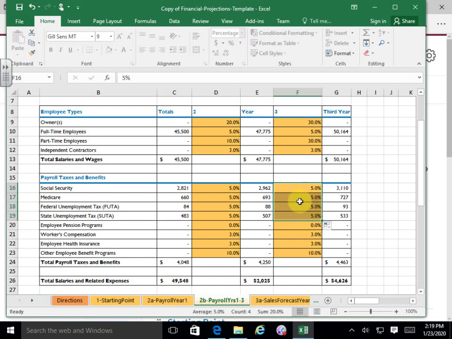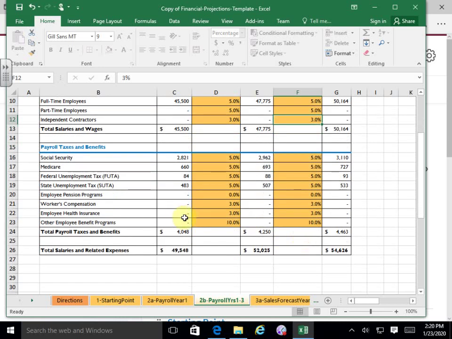So, okay. Your part-time employees, if you have some, my advice would be to keep the increases the same. That way it's going to be the same down here, right? Otherwise we got to put in a little bit more complicated formula. And we could do that. And if you really insist, I'll come around and we'll spend 20 minutes and put in a little bit more complicated formula. But my advice would be to keep these increases the same. And then if you change it down here, you're going to be fine. Okay. Same thing here. You might want to change this to 5% if you're going to have an additional benefit. Any questions about that? Okay.